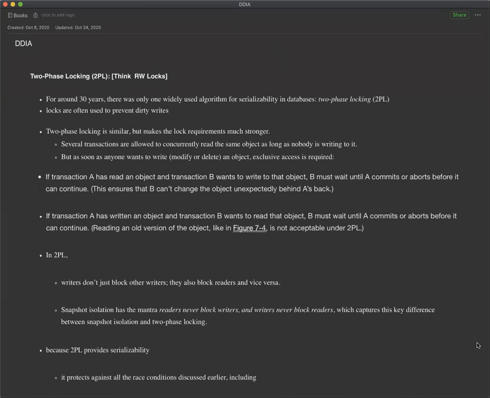The two-phase locking, as the name implies, has two different kinds of locks involved, right? One is the shared lock, which is analogous to the read lock in a read-write lock. The other one is an exclusive lock, which is analogous to the write lock in the RW lock that we have seen, right? So the idea is, let's say a transaction wants to read a specific object,